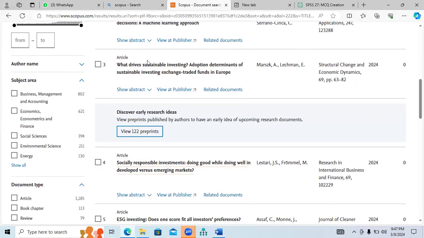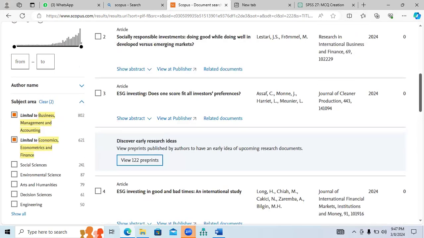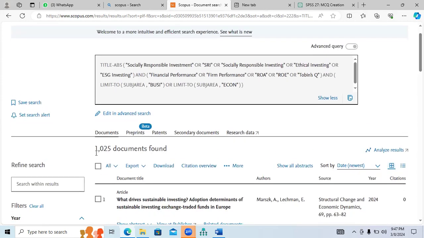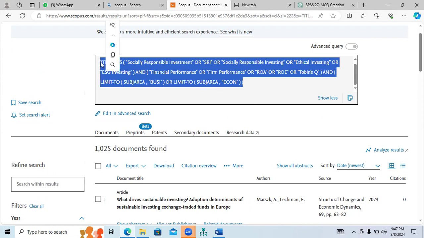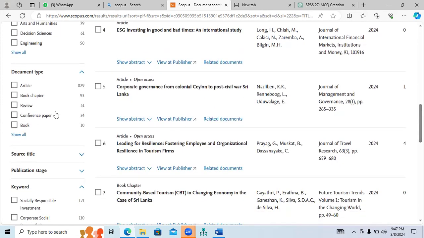So let's suppose I would like to consider these research in the area of business management and accounting, along with economics and finance. All right. I need to click the limit to button here. It will limit my research keywords and it will show that there are 1025 documents with this combination of keys. All right. Then I will apply the second criteria, which is